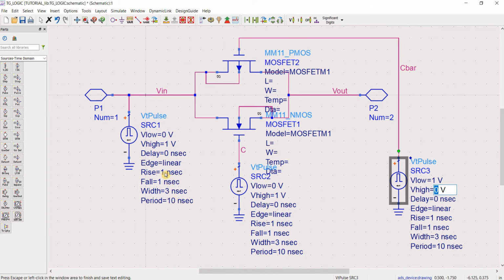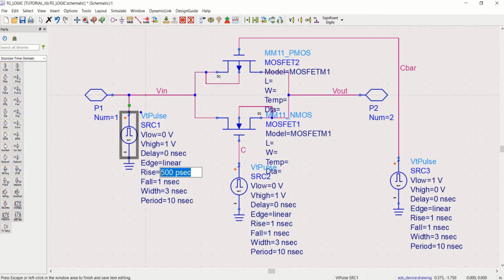So I'll change the rise times and fall time of these two (500 picoseconds). For all of this.